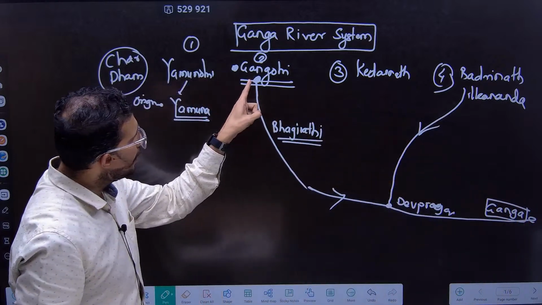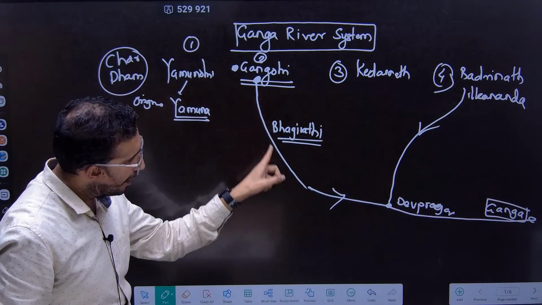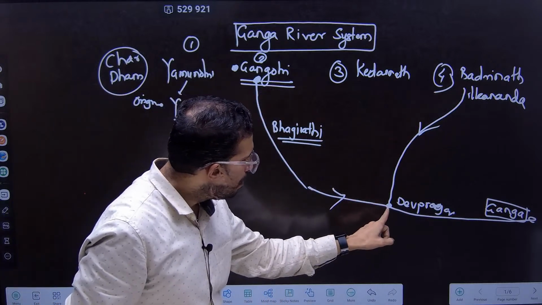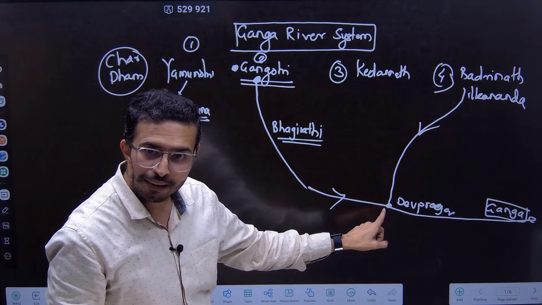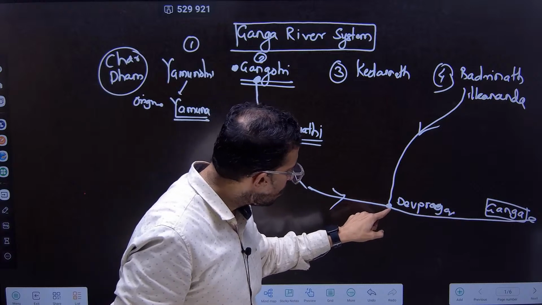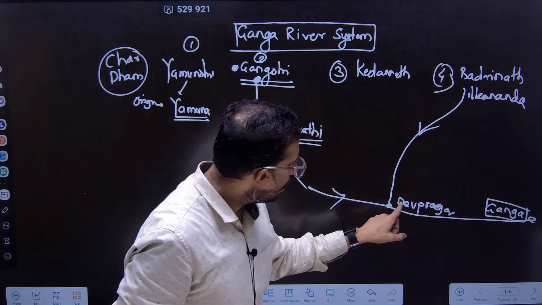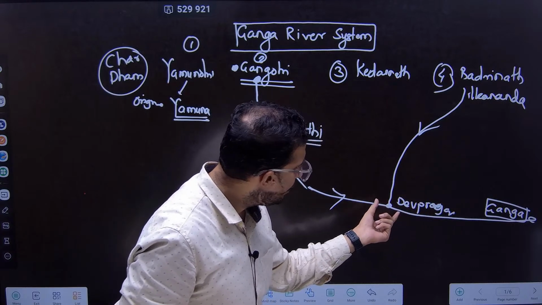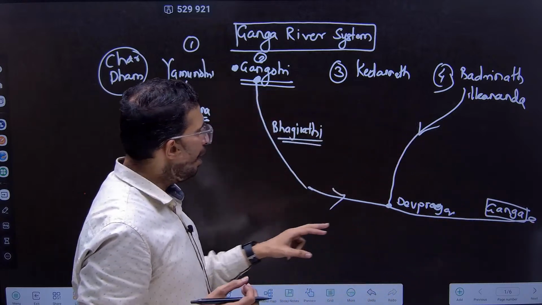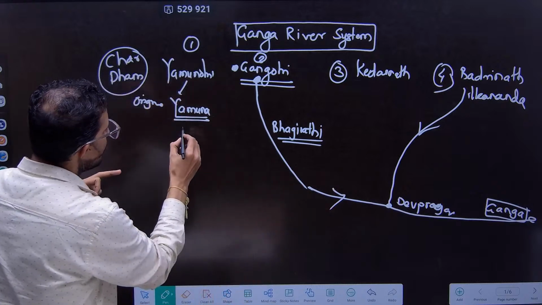So the origin of the Ganga is as the Bhagirathi river, and this Bhagirathi and this Alaknanda meet at the Devprayag. Prayag means meeting of two rivers, and from here onwards these two rivers merge and it flows as the Ganga river. And see, this Yamuna river